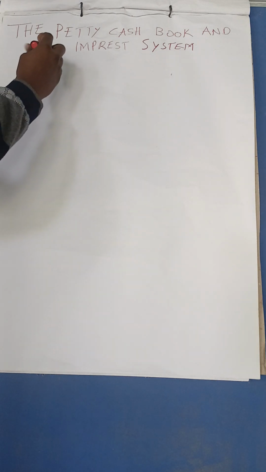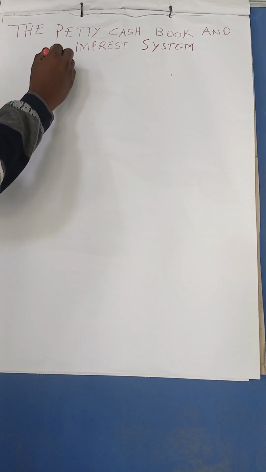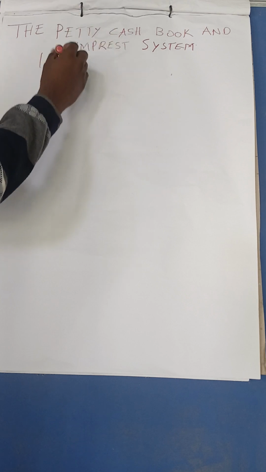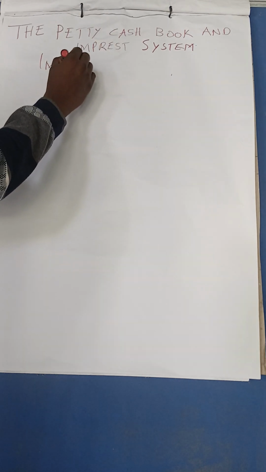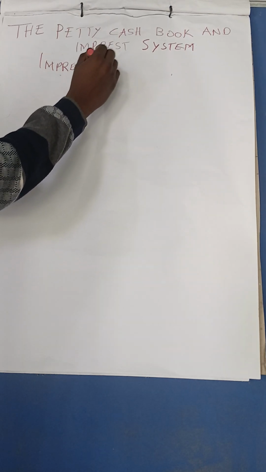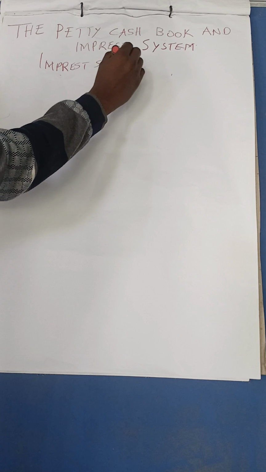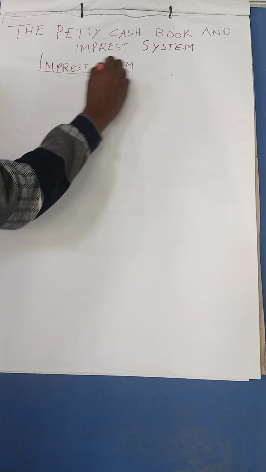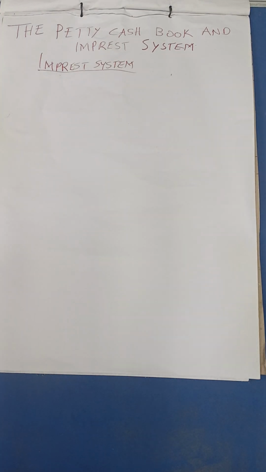Let me just start with that part, the Imprest system, so that we can understand well, and then we handle the petty cash book. The Imprest system. Good. As I've said, the Imprest system is still under the petty cash book. Now, the Imprest system, you know very well